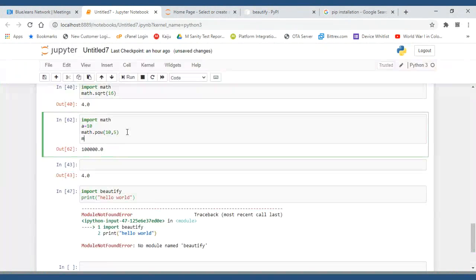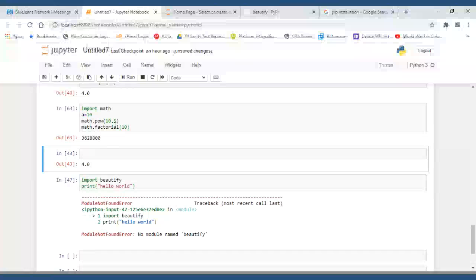Factorial you want, math dot factorial of 5 or 10, I'll give. Factorial, some number I'll get. So just remember, math dot function you have to give. Don't become like me, where I have written something and I'll be thinking about that and getting confused. These are some important math functions.